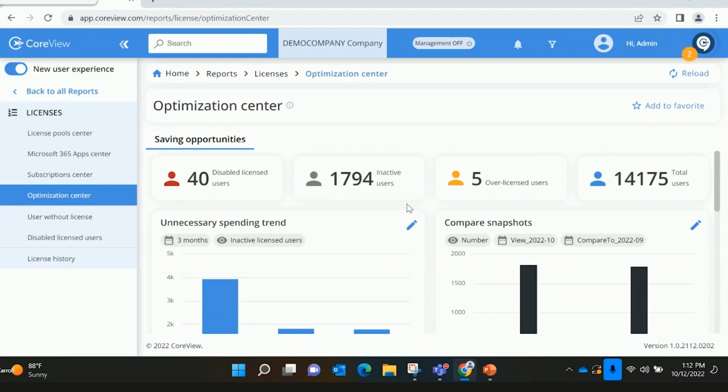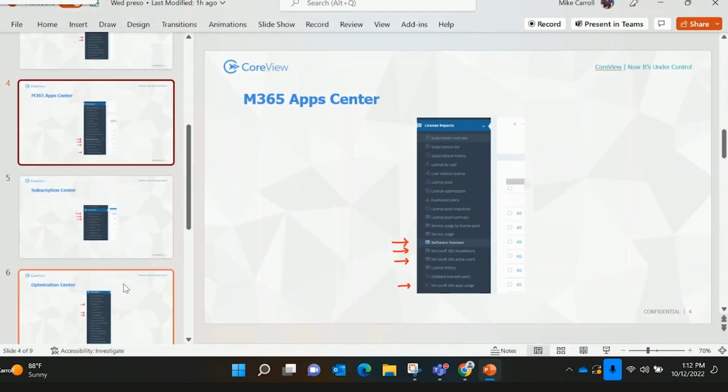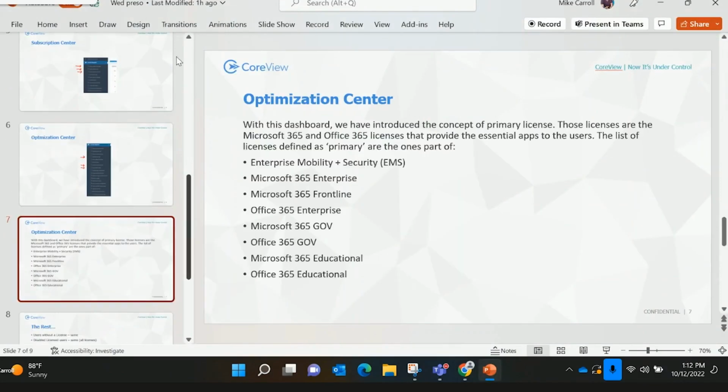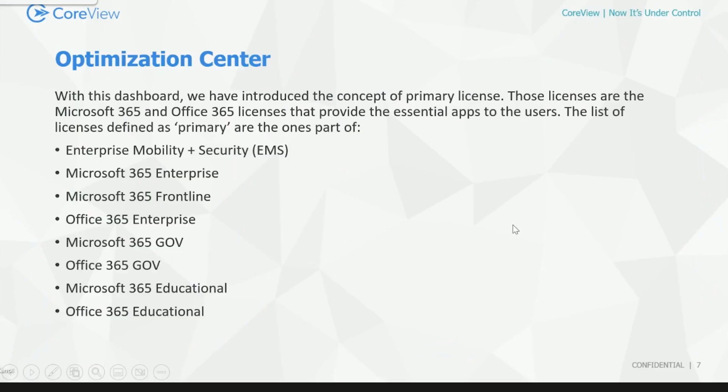So what we have done here, and I do want to surface this because I want this to be exactly what the product team said here. So I want to put this up. So with the optimization center, there's now an underlying concept in CoreView of primary license, and those primary licenses are what we're listing out here. So what this optimization center is doing